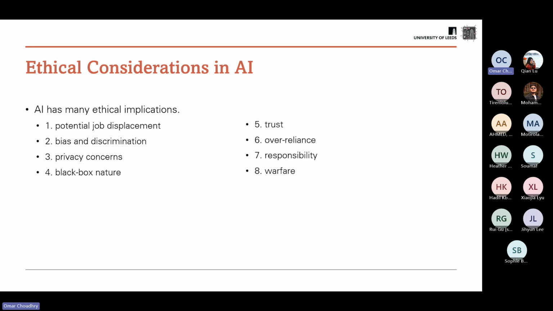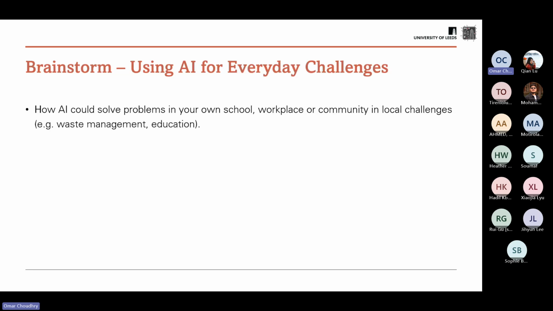So we know that there are technologies out there that can do a lot of damage in a very short amount of time by using AI, face recognition technology, and other types of detection technologies. And again, it's just an ethical consideration, something that we should be thinking about. So, on a more positive note, we know that AI is really powerful and that it can solve a lot of different problems. But I just want you to think about your own school, or your workplace, or community.